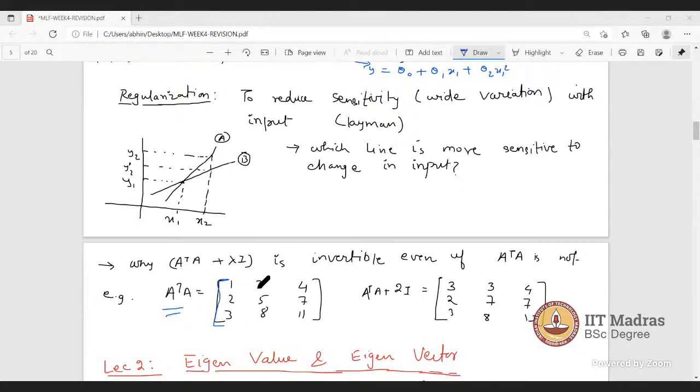So consider this to be a symmetric matrix only. So we can change the terms maybe. Let me call here 2, here it will be 3, this will be something like this, 7. Okay, so now it is a symmetric matrix, right? And this will be 10. Again, the same condition holds, right? Now this third column is the sum of first 2 columns, correct? So it means A transpose A is not invertible.